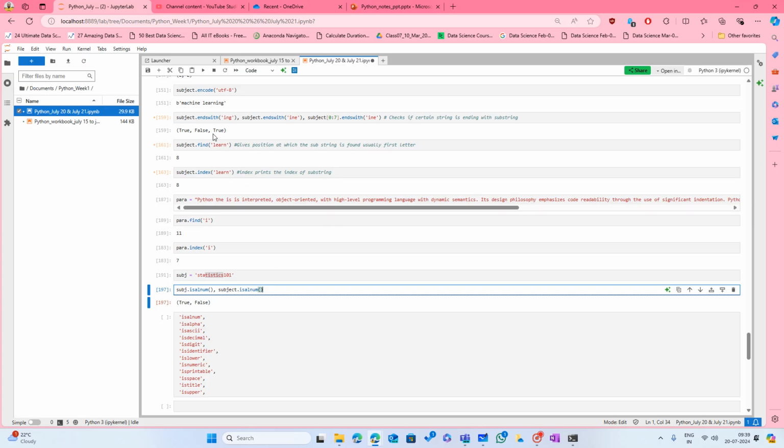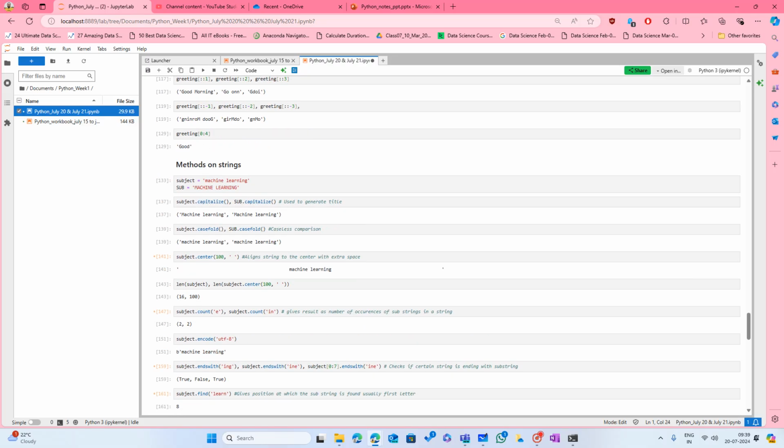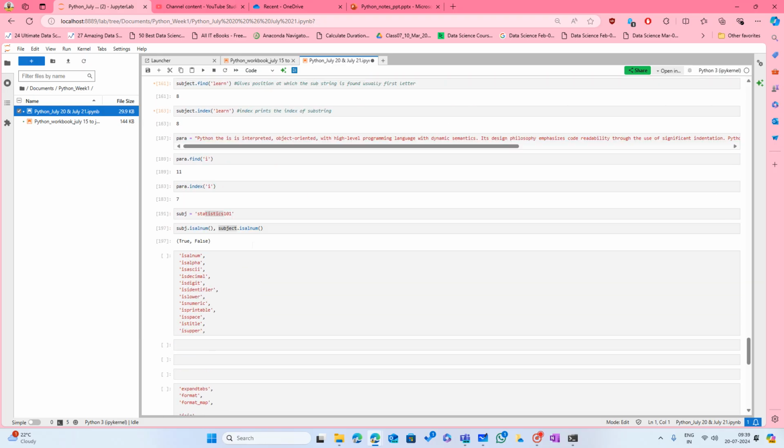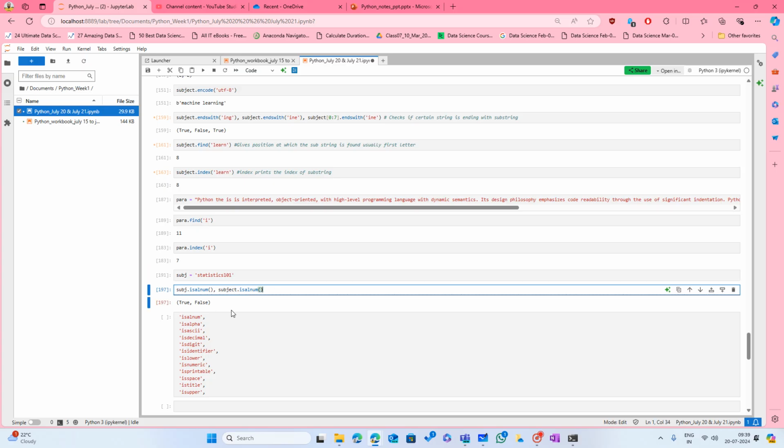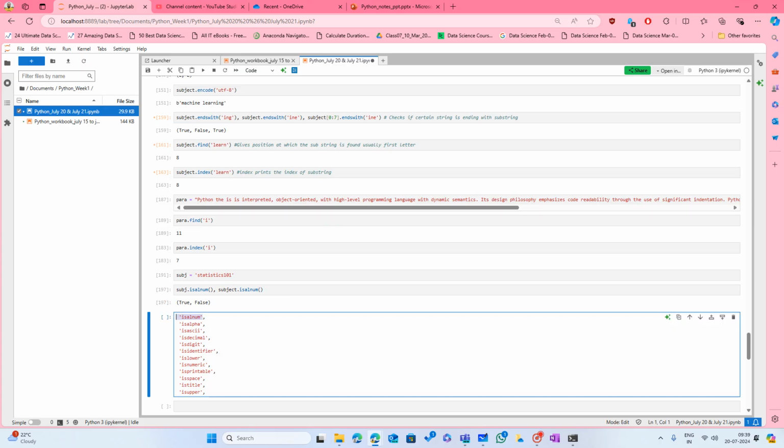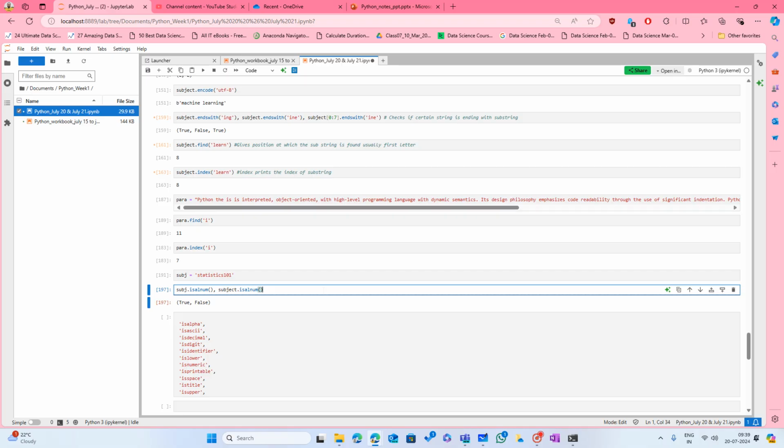For machine learning, the subject that we had was machine learning, right? Yeah, machine learning. For this subject, because there are no numbers in it, it's not giving that. Okay, that is alphanumeric. So alnum is alnum